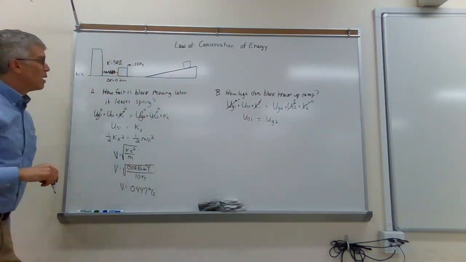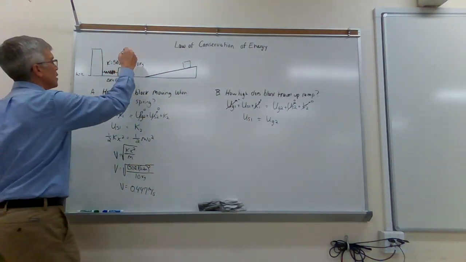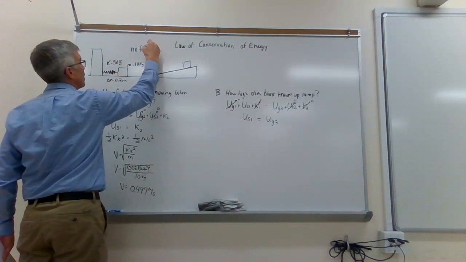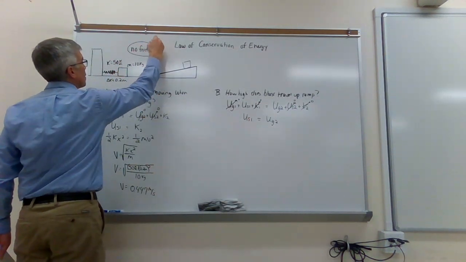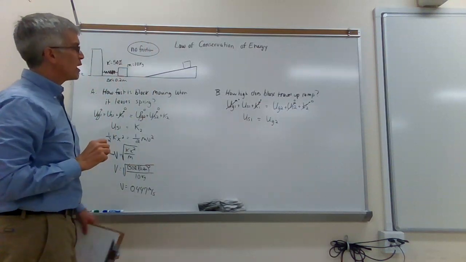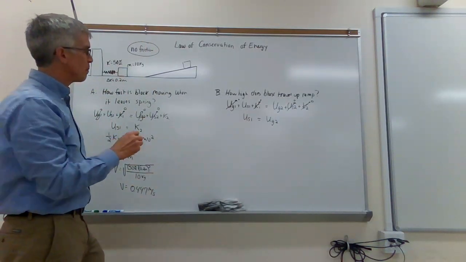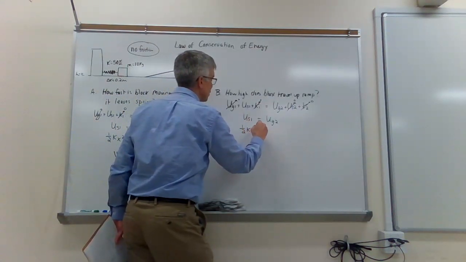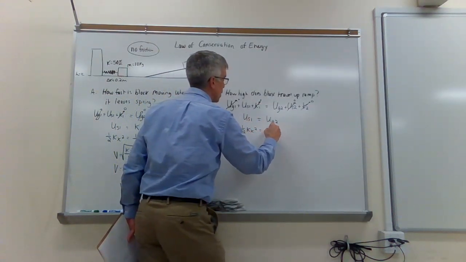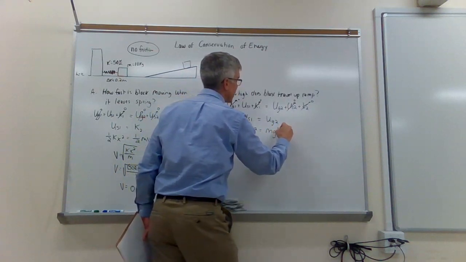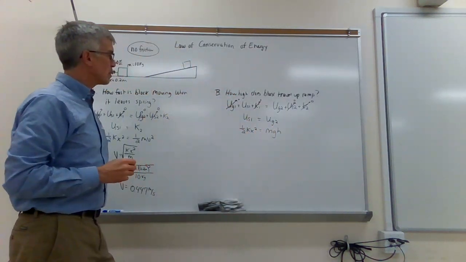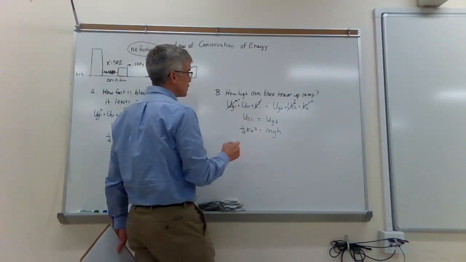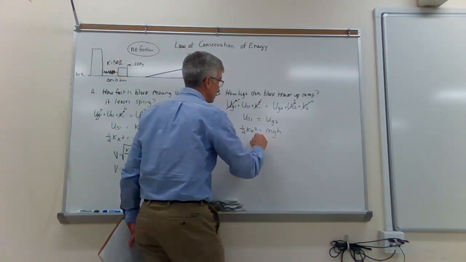Now, one important thing that I forgot to mention is that there is no friction. If there were friction here, that would change things. We'd have to account for the work done by friction. So the elastic potential energy is 1/2 kx squared. The gravitational potential energy is mgh. We're trying to find h. So if I divide both sides by mg,